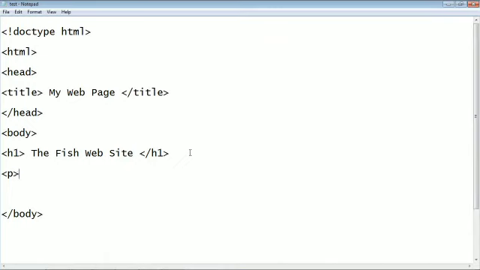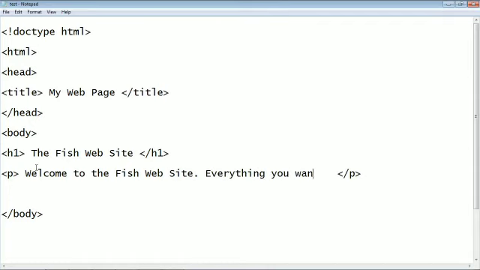Next we will take a paragraph tag. The paragraph tag is written in the format of P. Don't write down the whole word paragraph, only a single P, and close it by using the forward slash. Write down the content in between the paragraph tags and your content will show as a paragraph. So now we will write down the content.